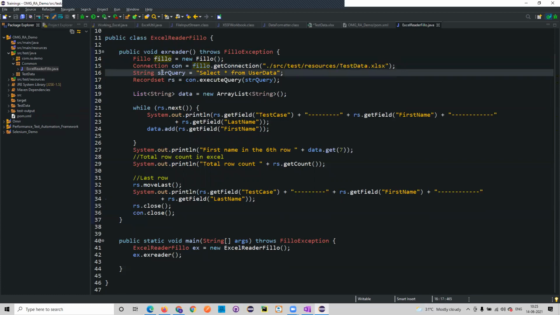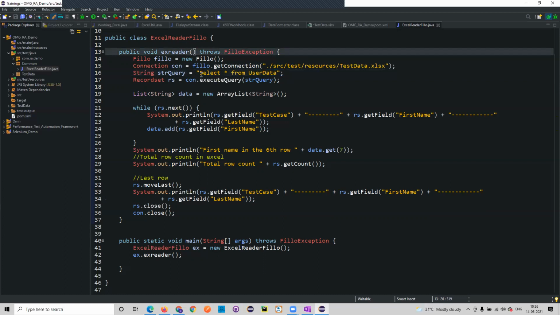And then you create a particular query string. Select star from, this is SQL, just queries you are trying to fill in. Now this user data is your sheet name. For example, you can write it this way: you give this, plus user data, and pass this user data as a parameter. So which sheet name you want to pass and which file name you want to pass, those two parameters you can pass. Just for demonstration, I hard coded the values. Here I hard coded the Excel sheet path, and here the sheet name. You can dynamically change them by passing parameters.